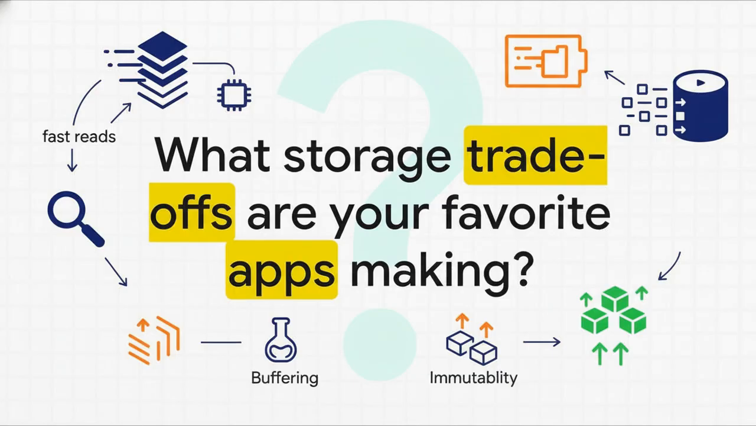So why does any of this matter to you? Because every single app on your phone, every website you use, is built on these principles, and they are constantly making silent trade-offs between them. Is an app designed for lightning-fast reads, like a search engine, or is it built to handle a constant fire hose of new data, like a social media feed? Now that you know the blueprint, you can start to see the invisible engineering choices everywhere. So next time you're scrolling your favorite app, just ask yourself,